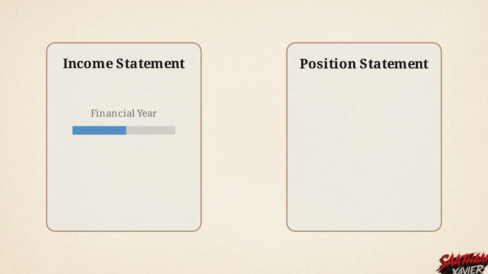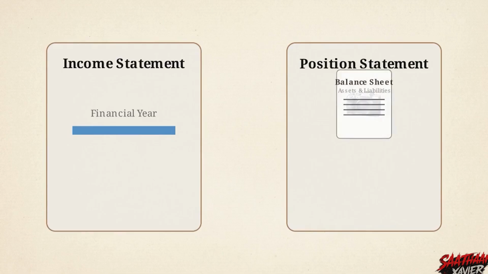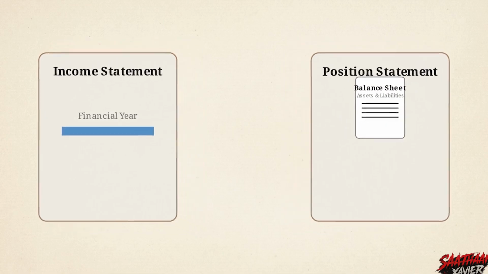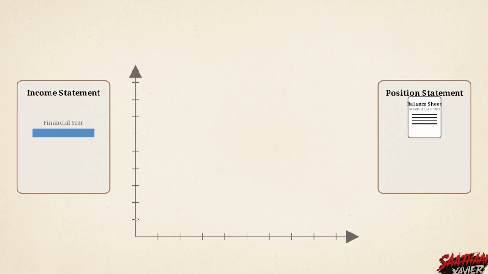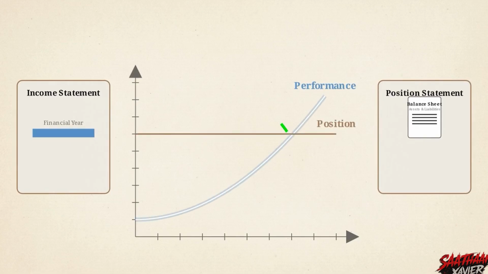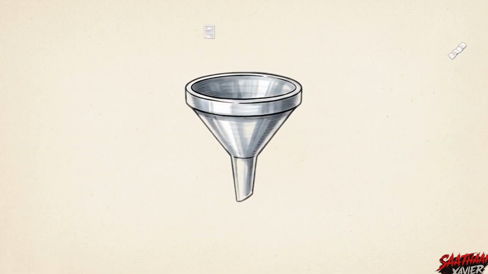The income statement calculates total profit or loss accumulated over the financial year. The balance sheet captures the status of assets and liabilities on one specific closing date. Only by combining this moving picture of performance with a static snapshot of position can an owner determine if the business is actually thriving. Before calculating profit, every raw transaction, every receipt and invoice must pass through a strict filter